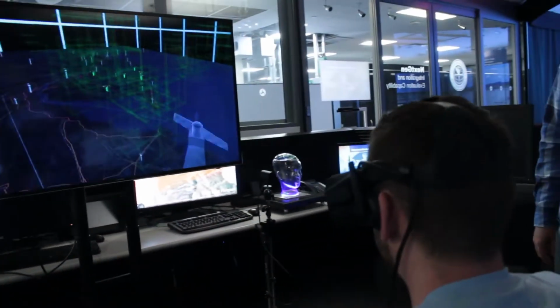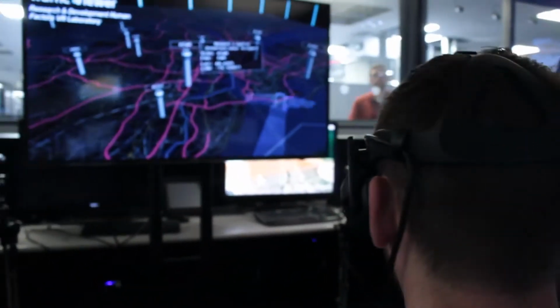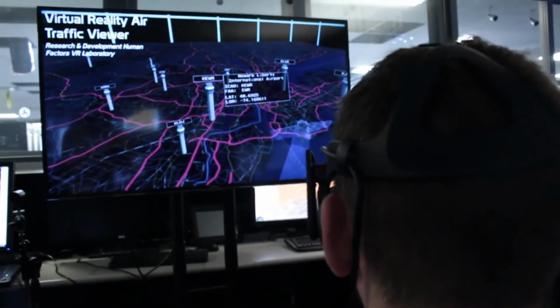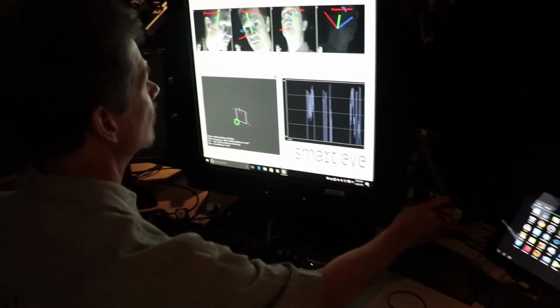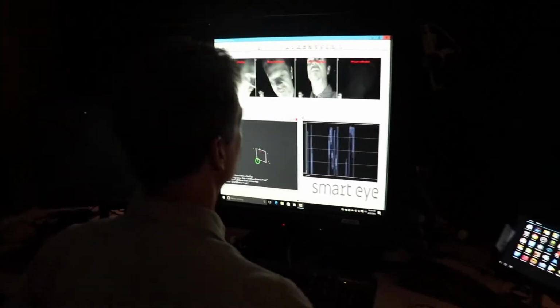In this facility, as well as the Human Factors Lab, we do a lot of testing for new interfaces for the pilots to use. Since we are dealing with the cutting edge of technology, a lot of new technology is being brought into the field to send data communications to different aircraft via just typing a quick command instead of having to talk to it over a radio. And all the information that comes through here goes out to different investigators and different people